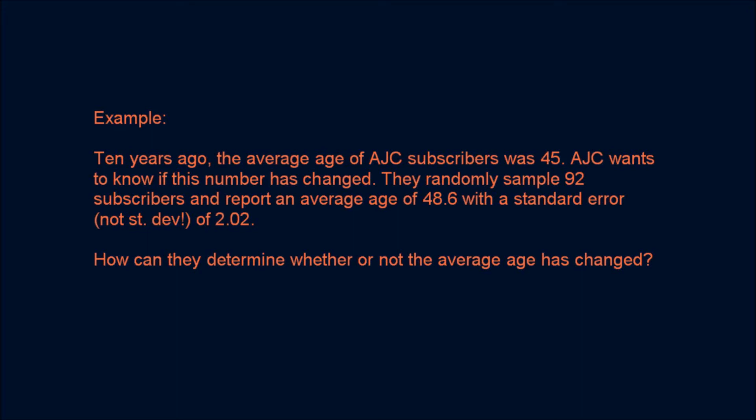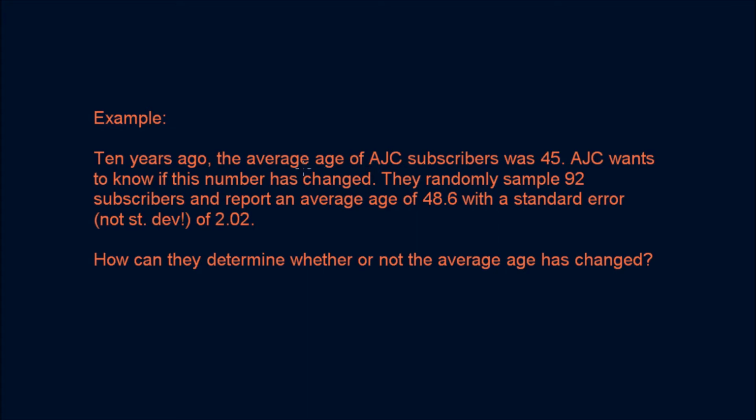This video will show you how to run a hypothesis test for a population mean. The example I'll be using is here. 10 years ago, the average age of AJC subscribers was 45. AJC wants to know if this number has changed, so not necessarily increased or decreased, they just want to know